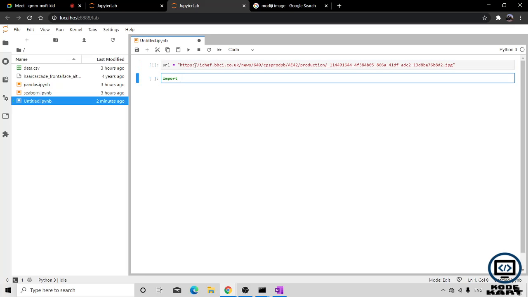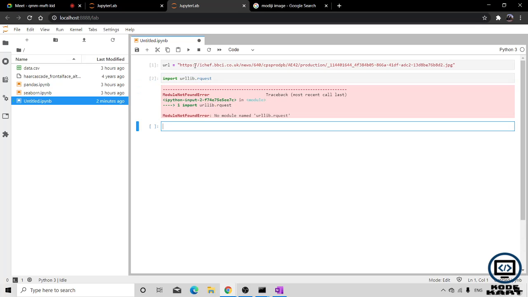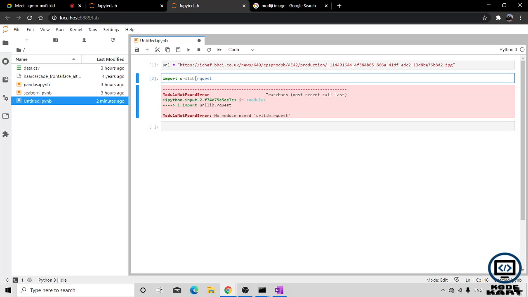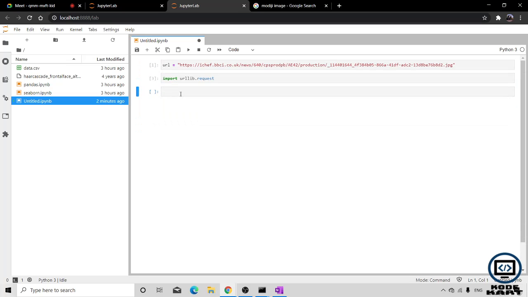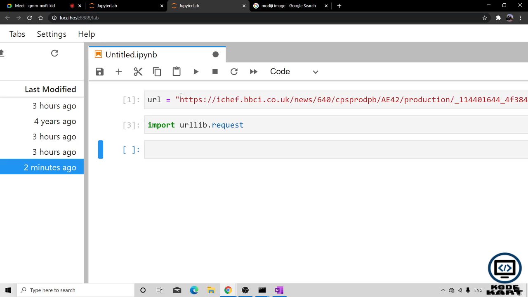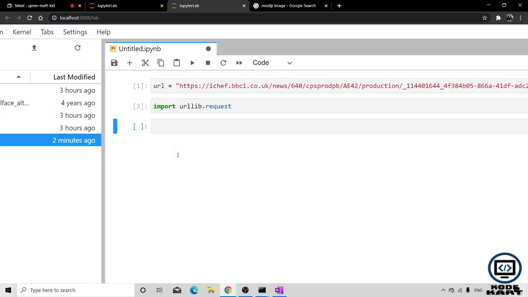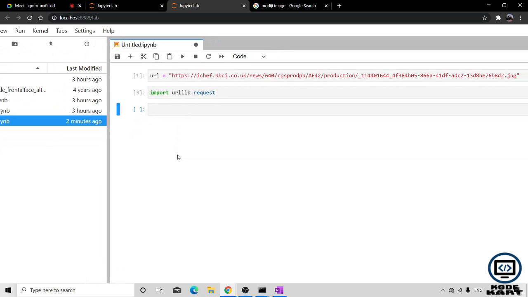After that I have to import urllib.request. If urllib is not installed on your PC, you can simply do pip install urllib. I want to save the image that is present at that URL onto my PC.